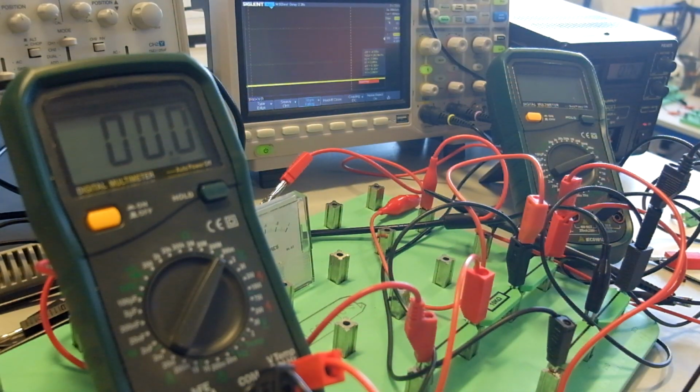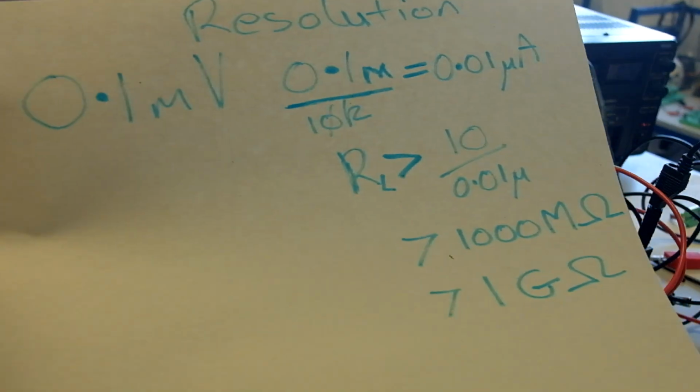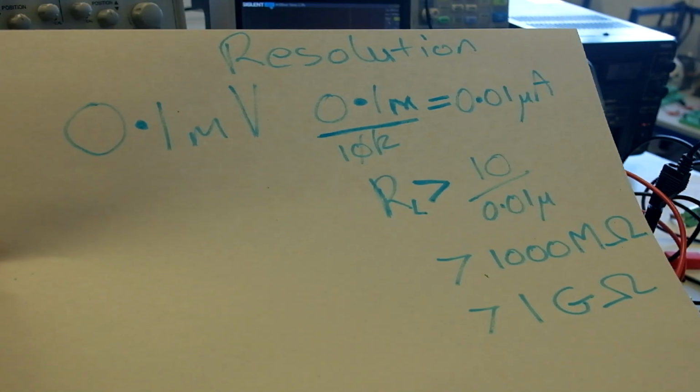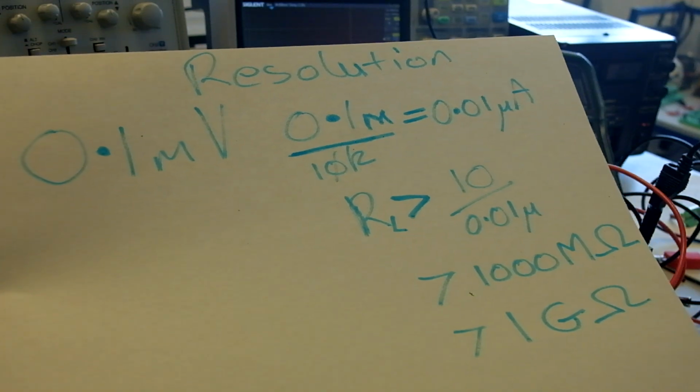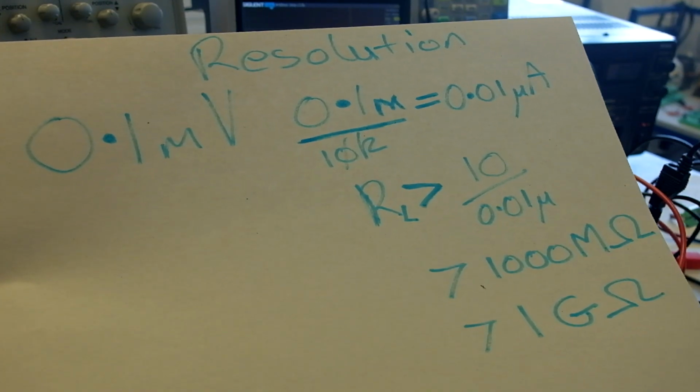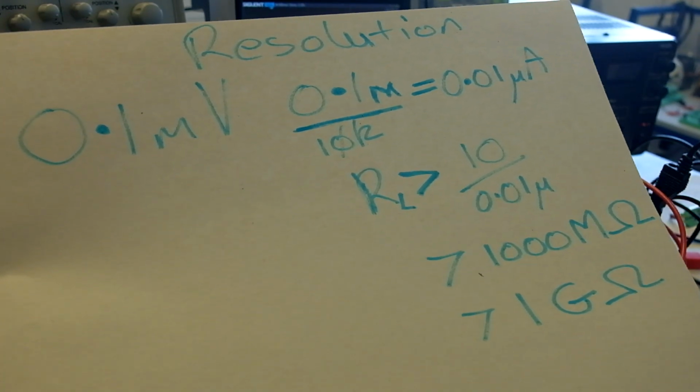So if we do the math, if we're not measuring any current flow with this capacitor, we've got a resolution of 0.1 millivolts across the 10 kilohm resistor. That means that the current flow has to be below